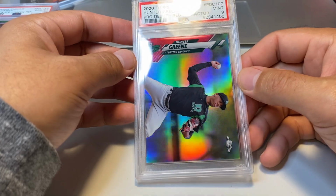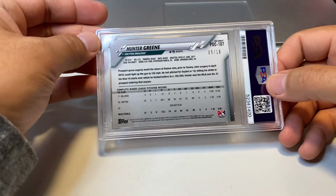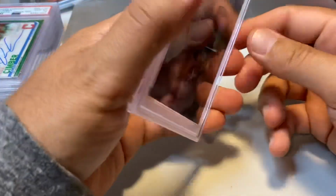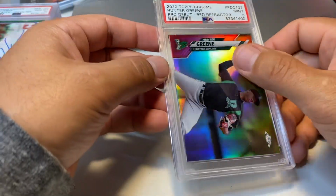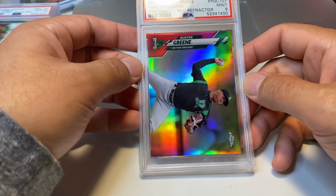Here's Hunter Greene, red refractor, so this is going to be numbered to 10. I was going to say 5. A lot of times red refractors are pretty low numbered, like 5 is what I normally am used to seeing, but this is numbered to 10. This is from